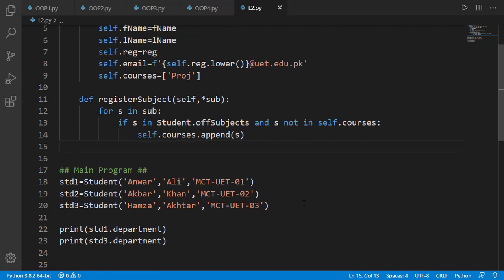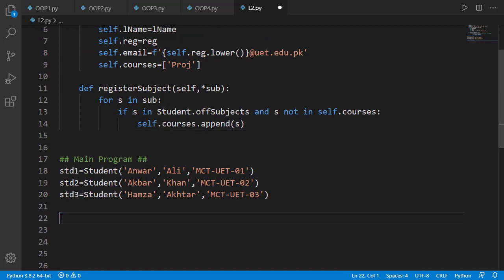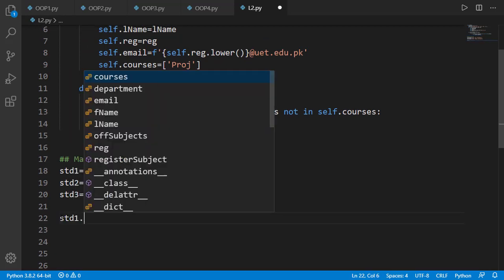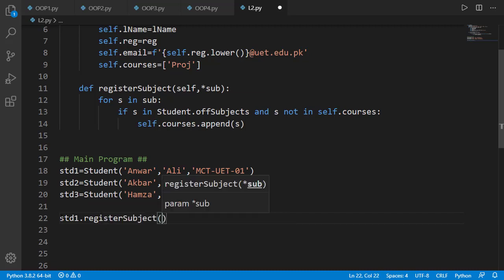So now let's test it on the first student: student1.register subject, and pass in 2 valid subjects and 1 which is not inside the offered subject list, and print this attribute.